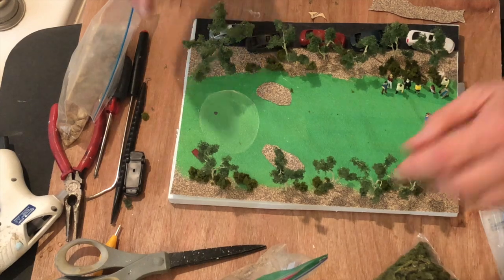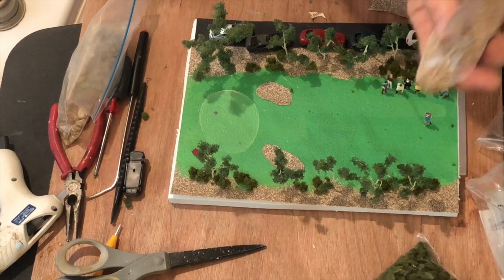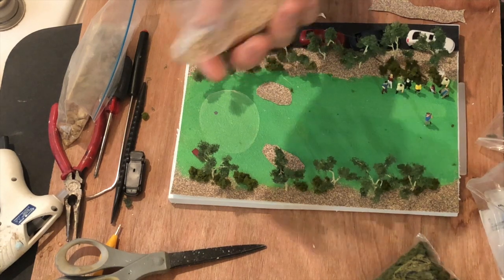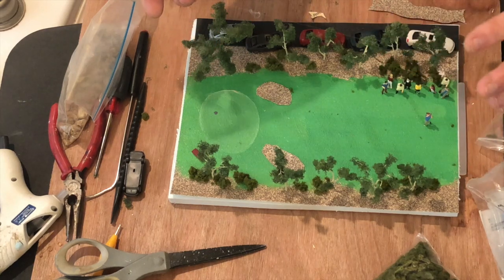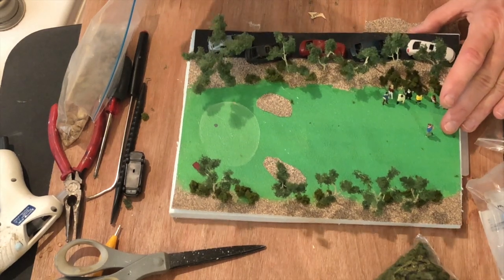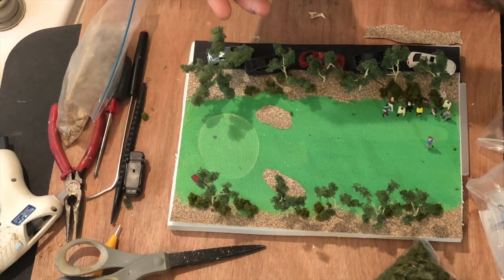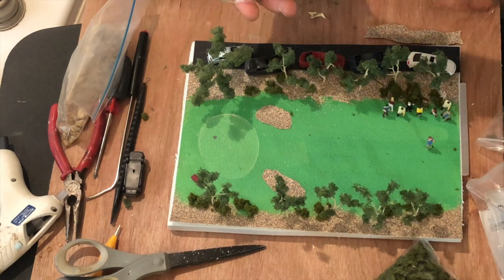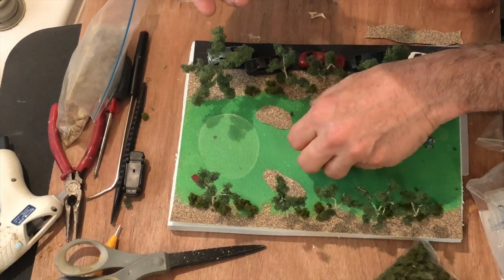The only thing that I might want to add is some sand, some gravel. And what you do with this, obviously, is we're going to just sprinkle it. But in a real model train layout or a diorama, what you would be doing is spraying an adhesive, an invisible adhesive film, and then you're simply going to take the material and sprinkle it like so. So you're going to sprinkle it on here. Now I'm kind of messing this fairway up a little bit here, so I don't know if I'm going to do that,